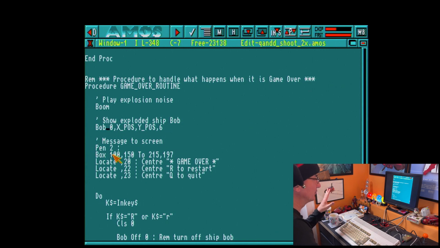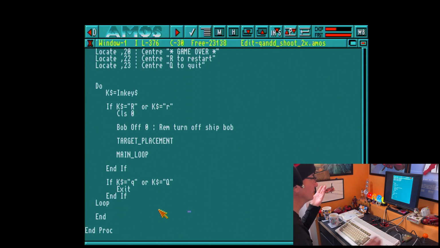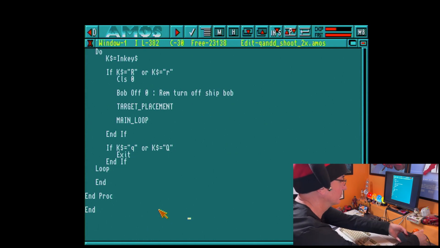We dump a message onto the screen that says game over, press R to restart, Q to quit. We then just do a quick do loop in here, so we're checking if the user presses R. We clear the screen, we turn off things, we repopulate the screen with asteroids, then we dive into the main loop. Or if they press Q, the program just exits and the program ends, and that is that. So with that in mind, let's grab the joystick again